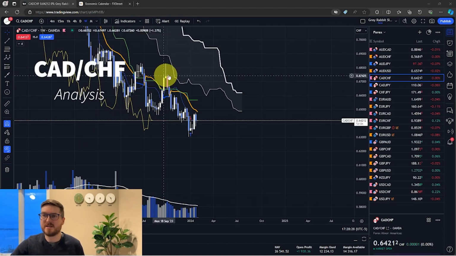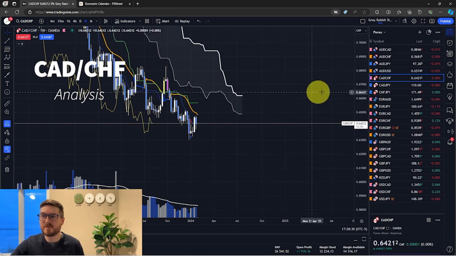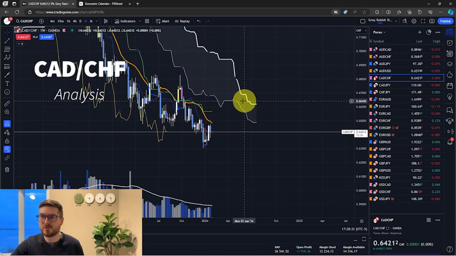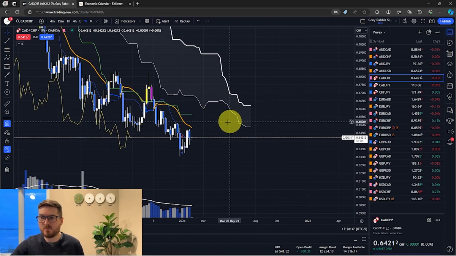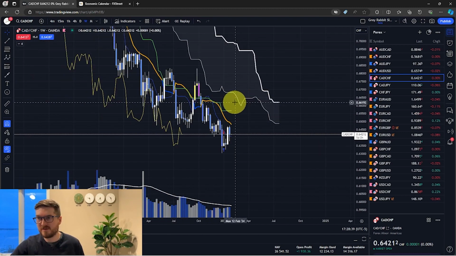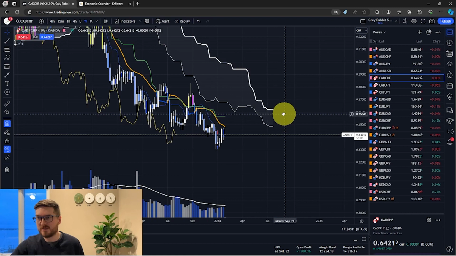Okay, CAD Swiss franc on the weekly. Guys, this is marked pink. This is a special pair to me this week. I'm going to be looking to see if I can actively trade it. And why is that? Well, on the weekly chart here in recent weeks,